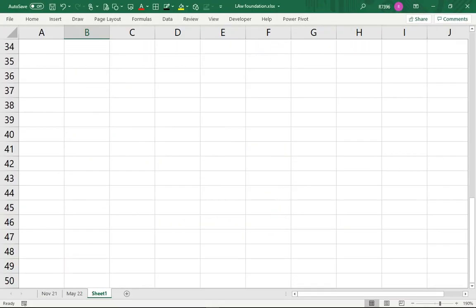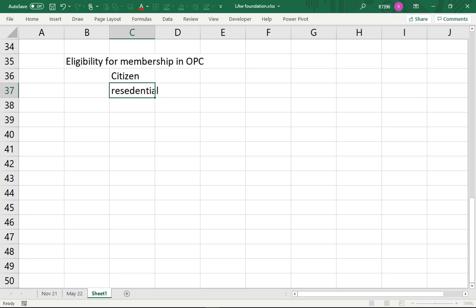So let me tell you what the eligibility for membership in a One Person Company was. First of all, he should be a citizen of this country. Second condition was he should be resident in India. He should be a resident, rather I would say. He should be resident to India. Third was he should not be a minor. These three qualifications were there if anyone wanted to be